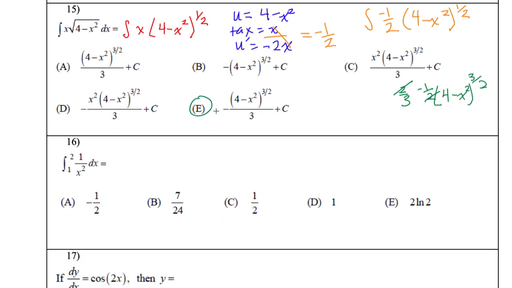On to number 16. Again, I don't like fractions, so I'm going to rewrite this as x to the negative 2, and I'm going to take the antiderivative of that. I'm going to go up a power to negative 1. I divide down, it's going to become negative x to the negative 1. Evaluation bar between 1 and 2. When I do that, I'm going to get negative 1 over 2 is the first side minus negative 1 over